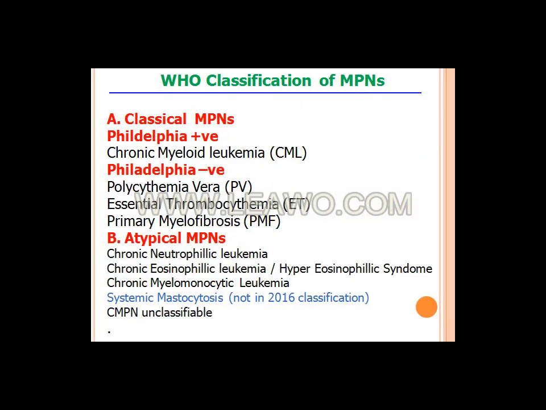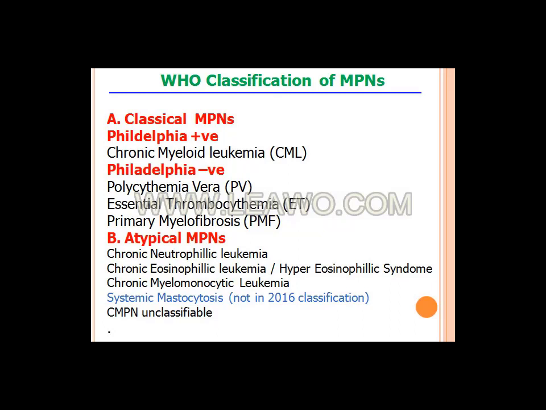Now, the WHO classification of myeloproliferative neoplasms. The WHO classifies myeloproliferative neoplasms into classical myeloproliferative neoplasms and atypical myeloproliferative neoplasms. The classical myeloproliferative neoplasms were subdivided into Philadelphia positive, including chronic myeloid leukemia, and Philadelphia negative, including polycythemia vera, essential thrombocythemia,